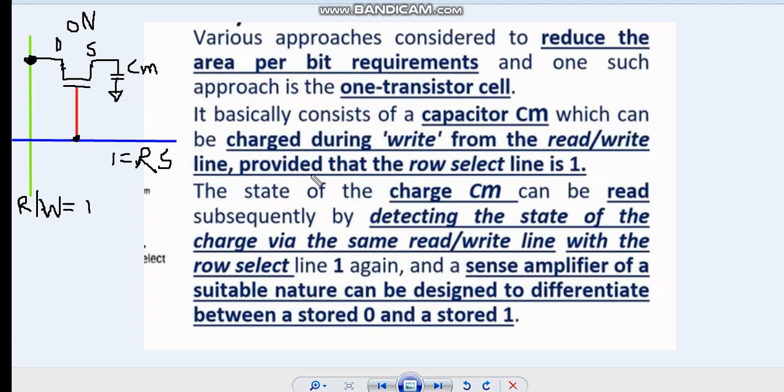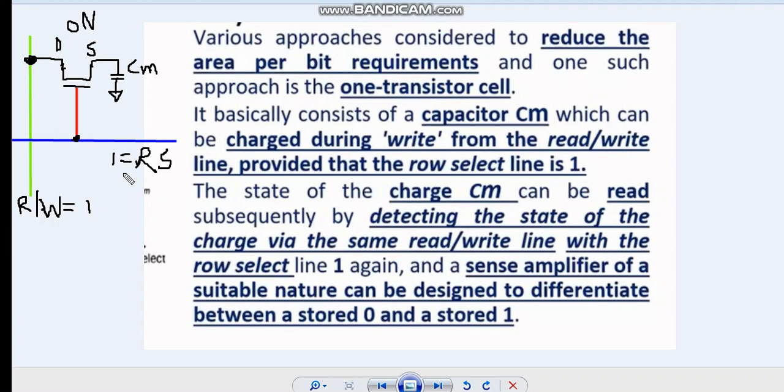So that is what we have mentioned in this statement: it basically consists of a capacitor CM which can be charged during a write from the read or write line. So we can read or write the data using this line, the green line, or we can say the diffusion, provided that the row select line is 1.